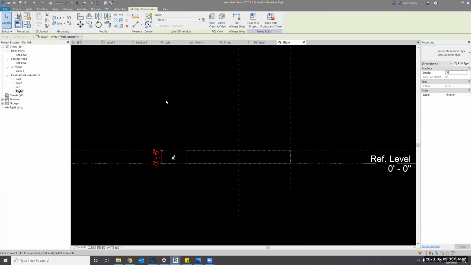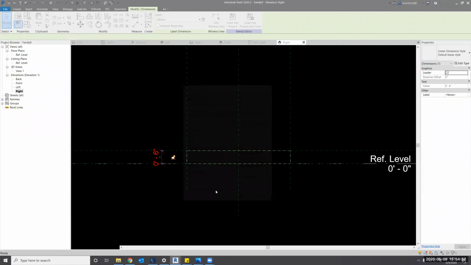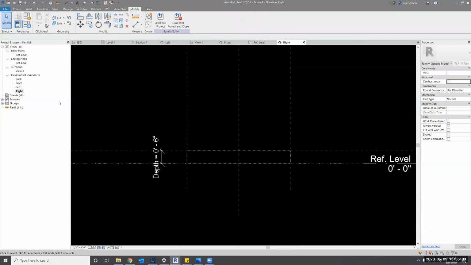Let's change this dimension to be depth. And do not forget to choose instance. Remember, these thickening families are just filler. We're just using them for volume, that's it. So they don't need to have different types like a beam needs to, all right? So now on plan,